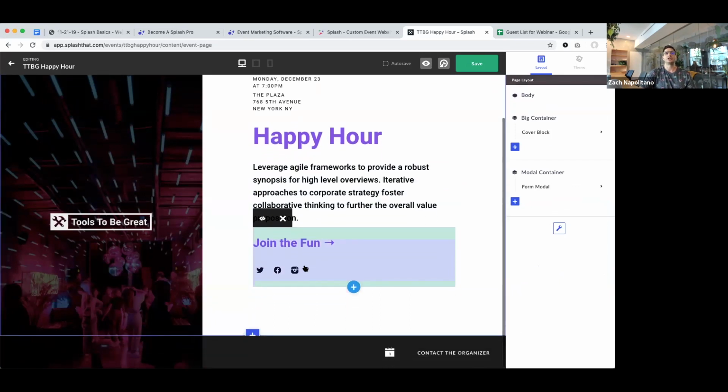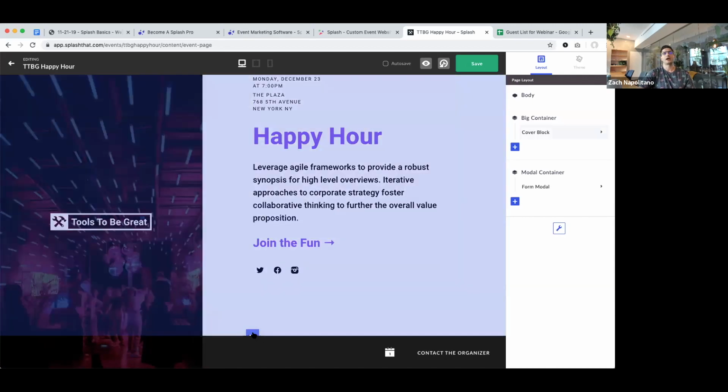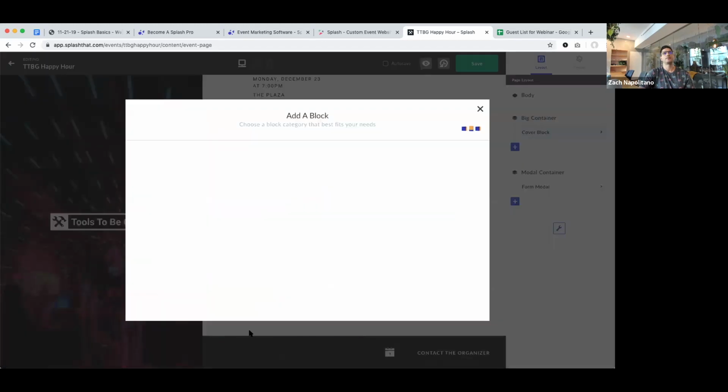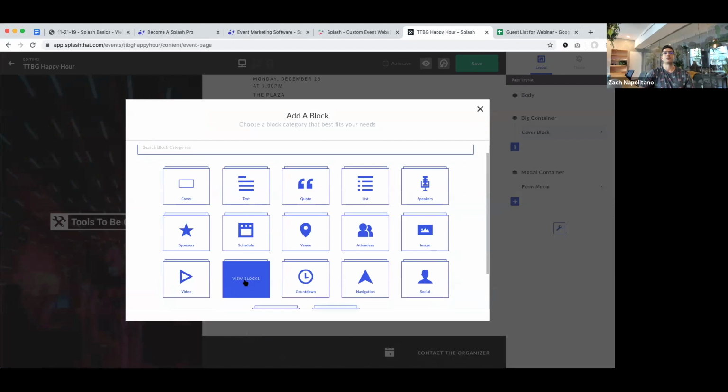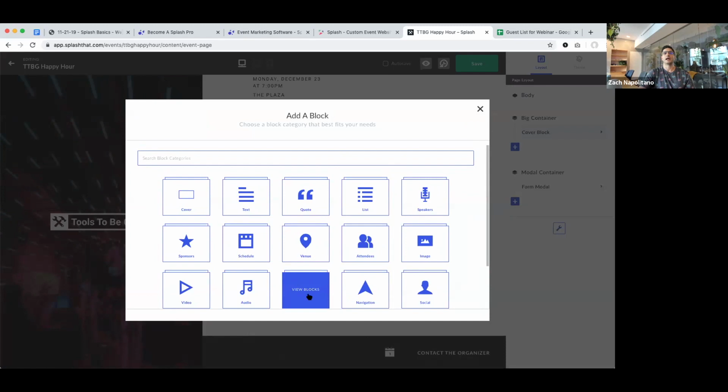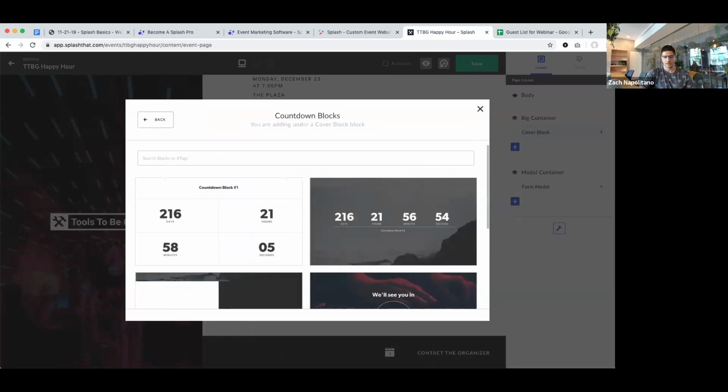It's through a concept called our block library. So this page did not come with a lot of content. It could be used for quick execution, right? I want to add some more stuff to it. By hitting this square plus button down here, or in my layout tab, I am able to open the block library. And what I want to do here is I'm going to add a countdown block. I think that might be a good tactic for building a buzz.